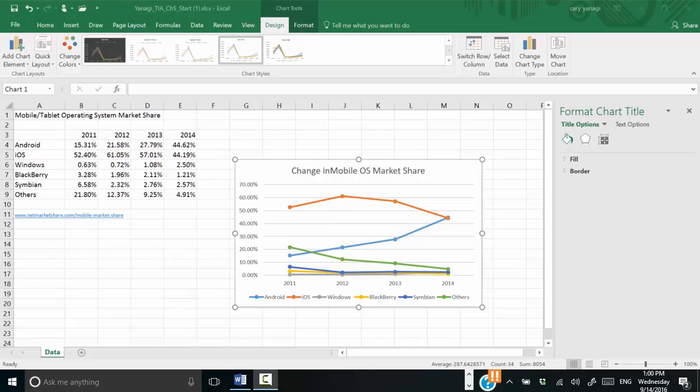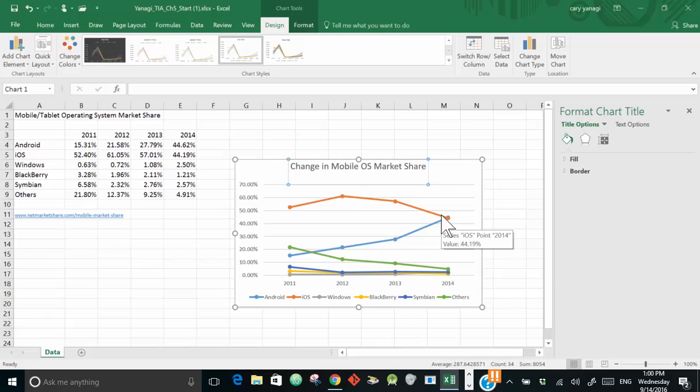Once you change the title, make sure it's spelled correctly. Change in mobile. Oops, I have no space here, so I better put a space in. Then make sure you're at the end, and it says press Shift Enter, so I'm going to go Shift Enter. It'll go to the next line, and then I'm going to type in